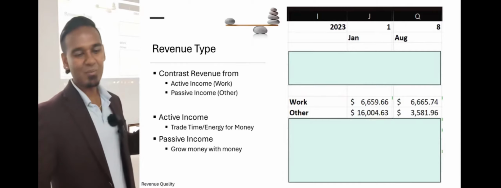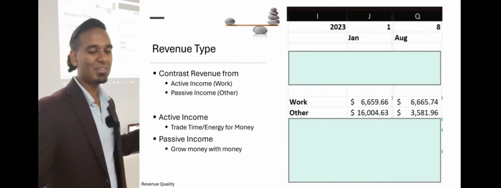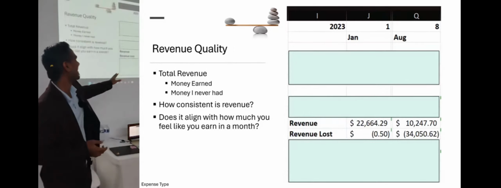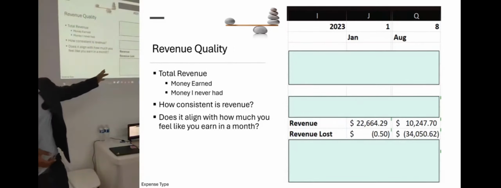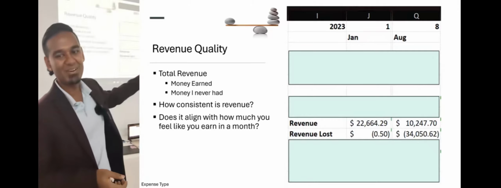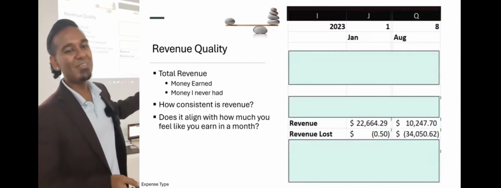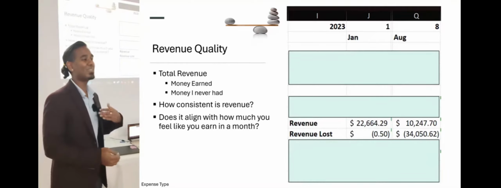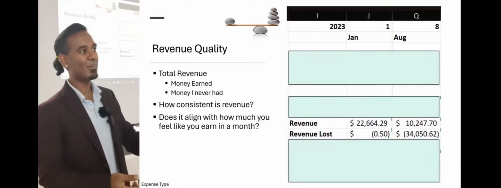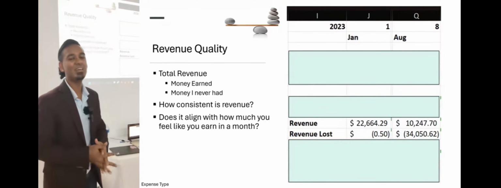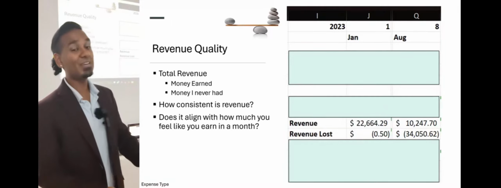The types of income. The next thing I want to talk about is revenue quality. If you notice, like my revenue here, in January I had a very large number of positive, right? And in August I had a very large negative. So if you care about having a steady income, you have to make sure that your revenue on a monthly basis or on any time frame, weekly, monthly, or annually, is stable enough for your needs, right?